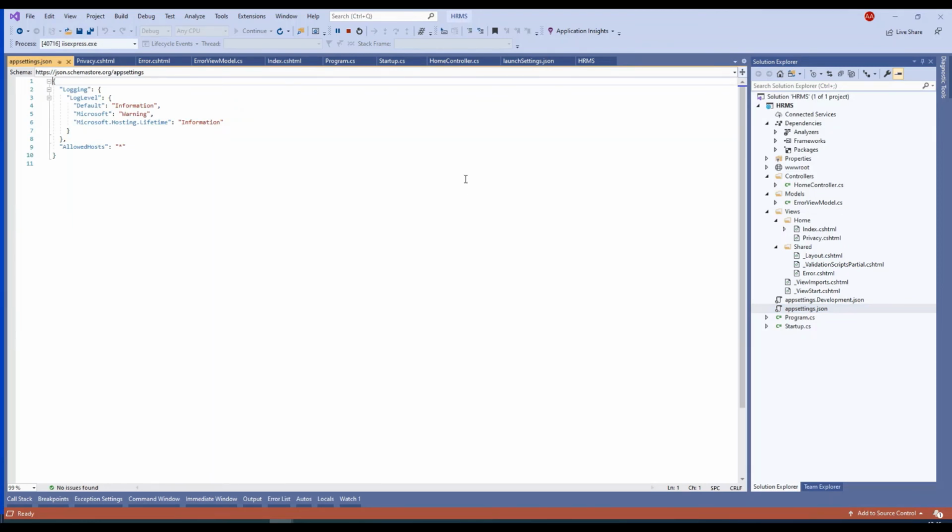Let's say you have multiple APIs and multiple keys to hold for the ASP.NET Core MVC project. You can write them over here: create one key and fetch the value from here. For example, in real time you have a connection string, right?